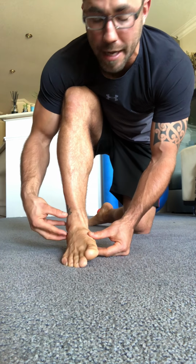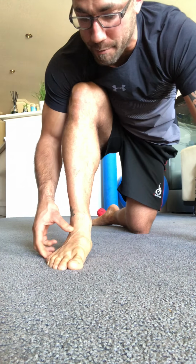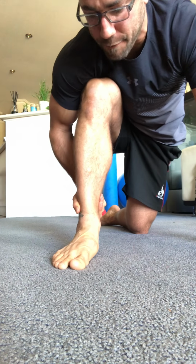Now, there's 2 movements to think about with your ankle. There is inversion, which is rolling out, and you often think about the type of ankle sprains you have to the ligaments on the outside of the ankle, and when we invert, it causes an inversion sprain, okay? The other second movement is eversion, so it's the opposite. And what we often see is that when someone pronates the foot, they have a tendency to really evert the